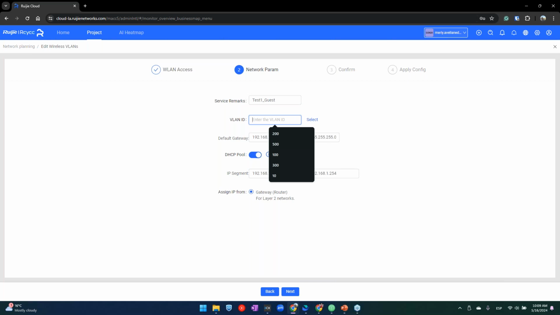For example, I will choose VLAN number 10, and the system automatically assigns us an IP segment and a default gateway for our VLAN. Since I put VLAN number 10, the system recommends the segment